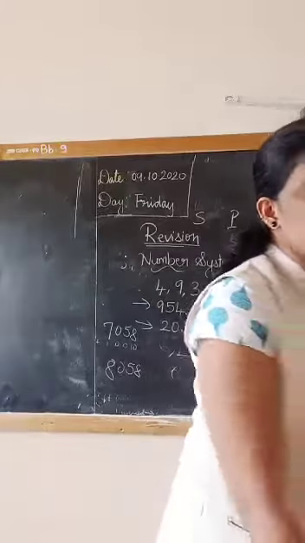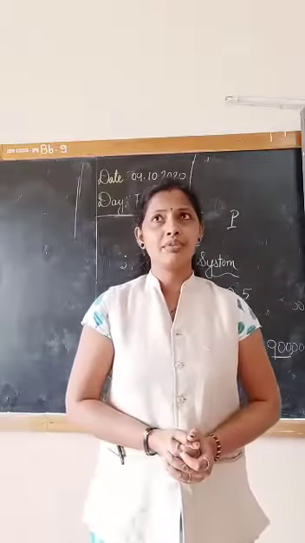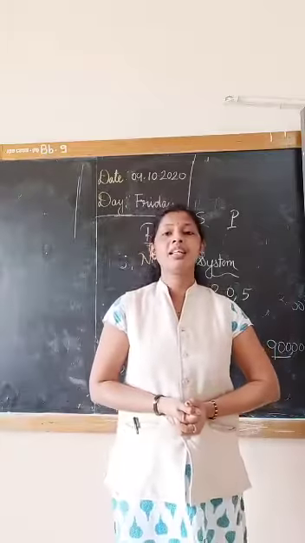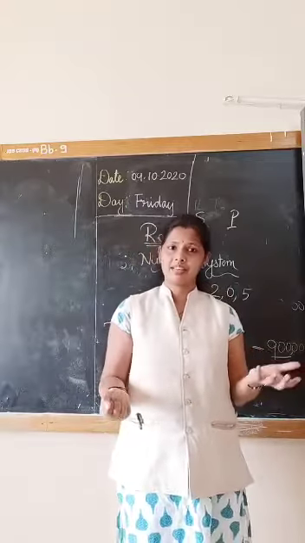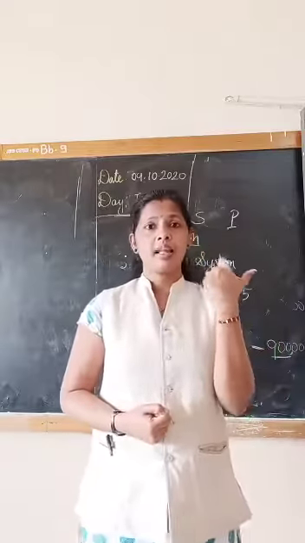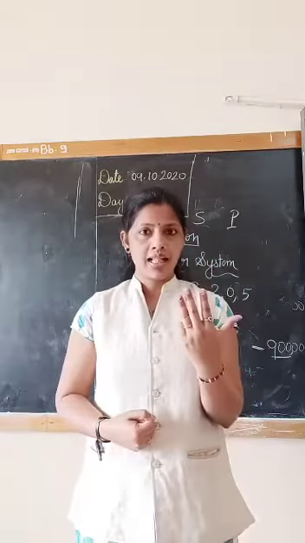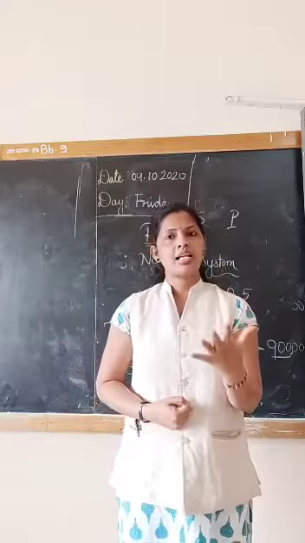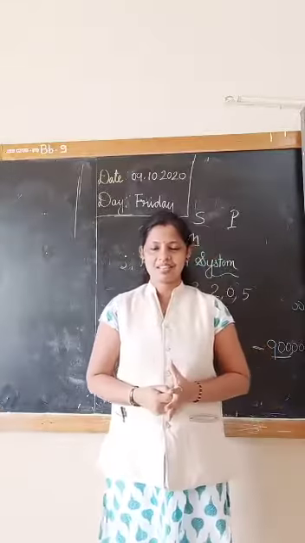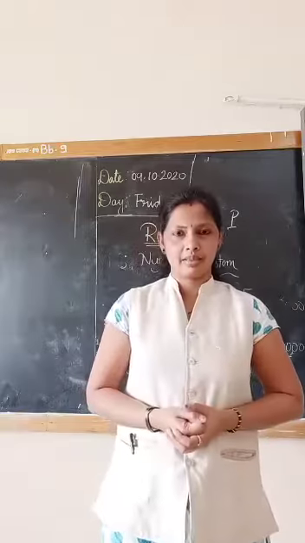Next comes the second chapter, Roman numerals. I hope you all know this chapter. Here mainly we have 7 symbols, and using these 7 symbols we can write any number. Those 7 symbols are I, which is 1, V, which is 5, X is 10, L 50, C 100, D 500 and M 1000. Now using these 7 symbols, not digits, 7 symbols, we can frame any number.